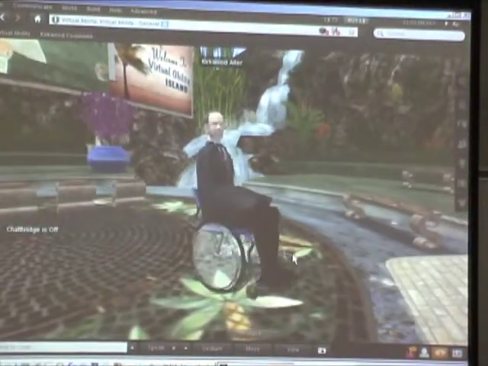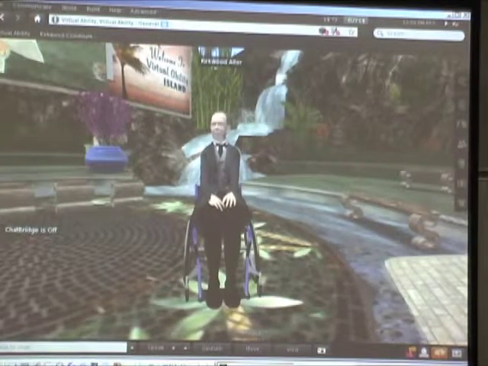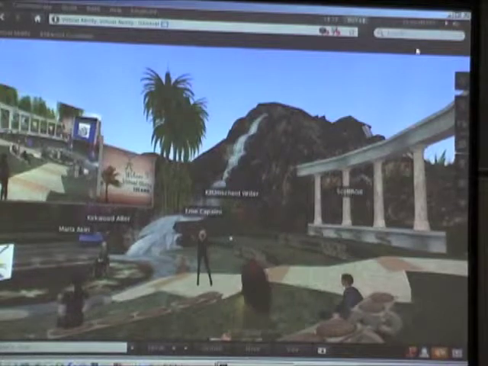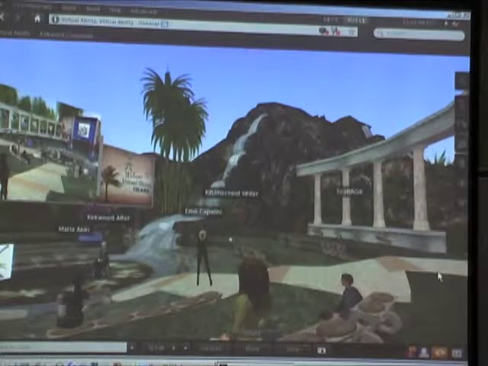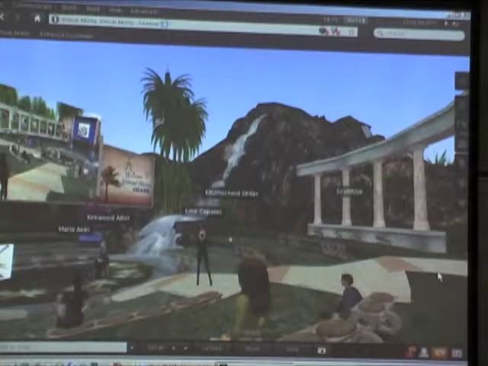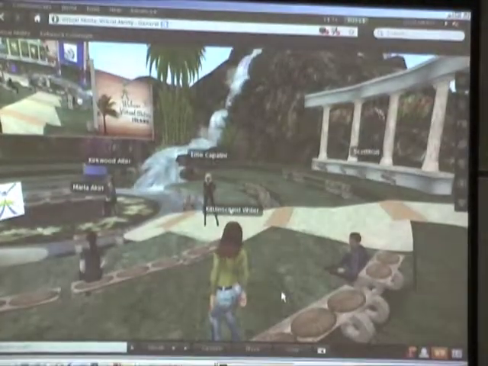They find some comfort in a furry avatar. So there are lots of options. That's what's so cool about Second Life. I have the option in Second Life to be able to stand and walk and dance, or to sit in my wheelchair. I don't have that option in real life.